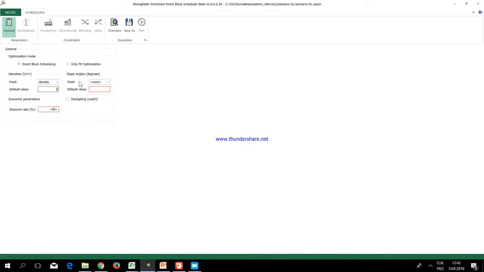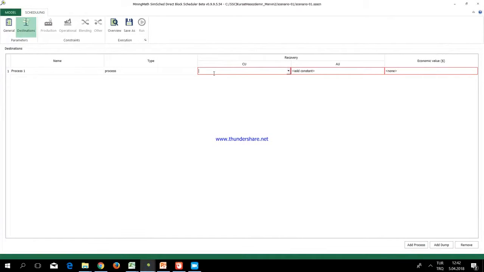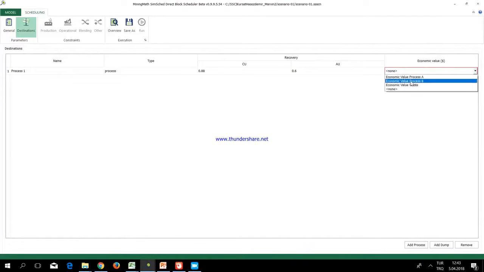We need to specify the default density value, default slope angle, and discount rate of 10%. We will use the direct block schedule method. We need to specify the destinations. In order to add the process, we need to click the button. Our copper recovery is 88% and silver recovery is 6%. This is the economic value of the process A operation, and we need to add a dump with this button. We need to specify any recovery here, and we need to specify the economic value, waste, and then